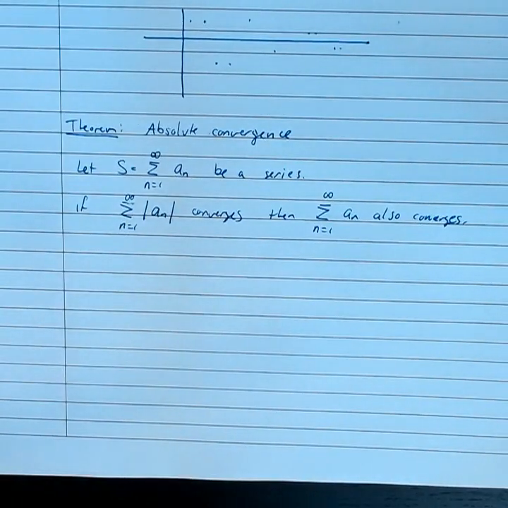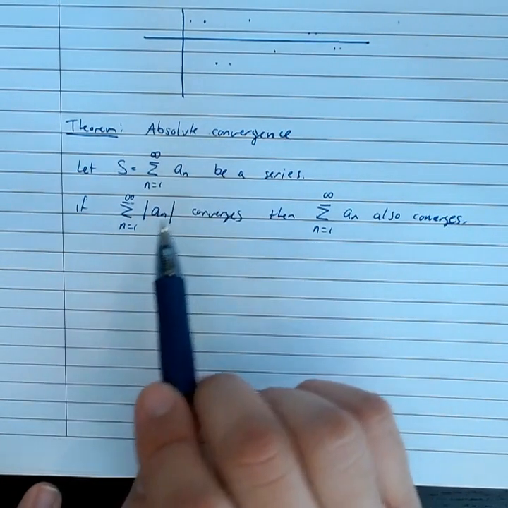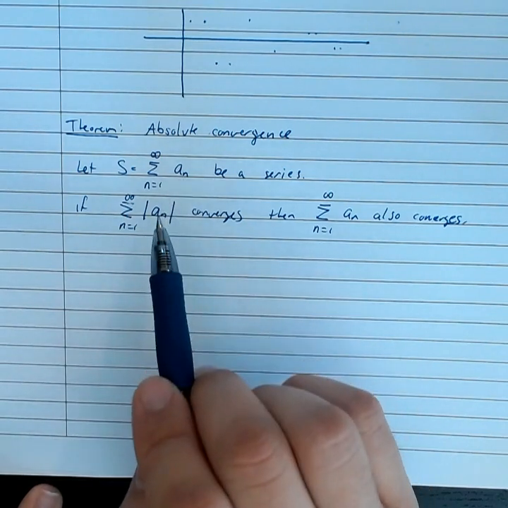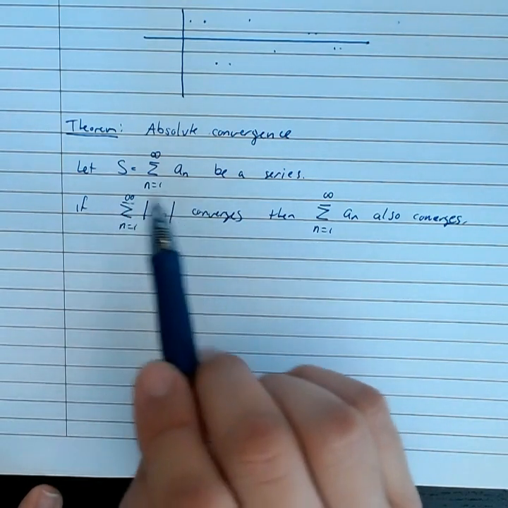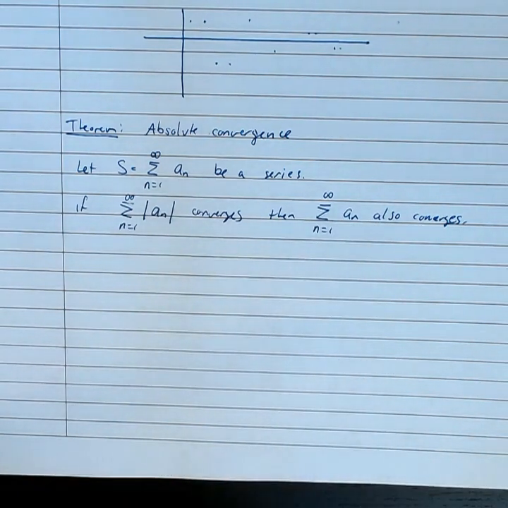Just like that. This is called absolute convergence, absolute because of the absolute values here. If you can take the absolute value of each term and have that new series converge, that guarantees that your original series must also converge. And the proof of this: